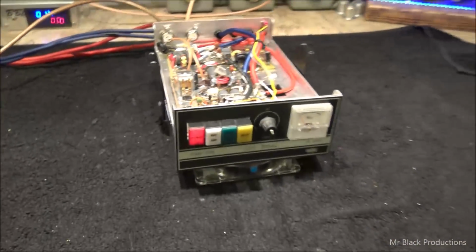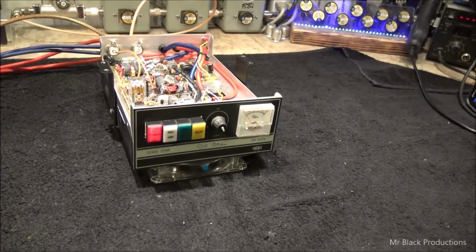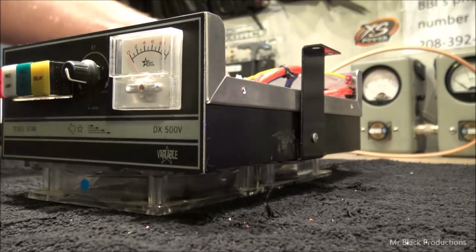But I know the guy that owns this thing. I don't think he's going to give a... And yes, I censored myself there. Okay. So, with that being said,